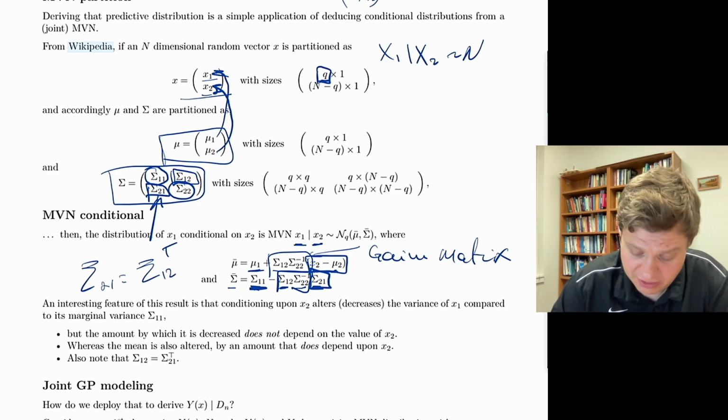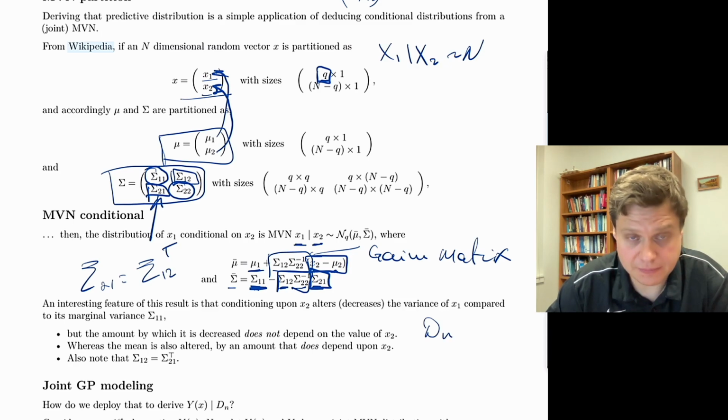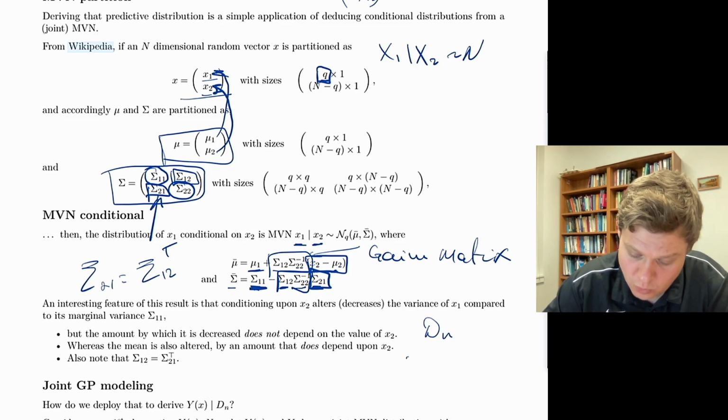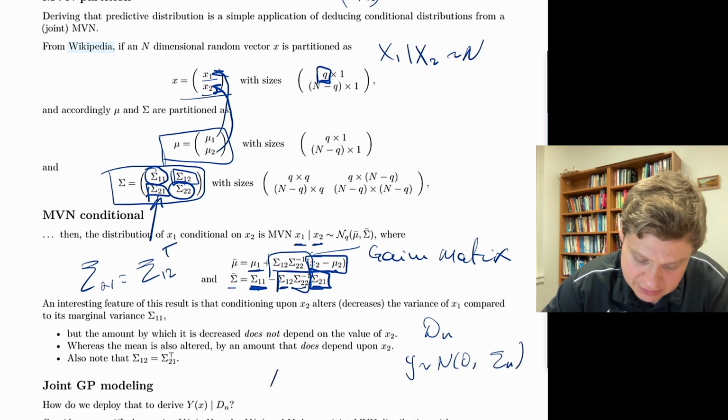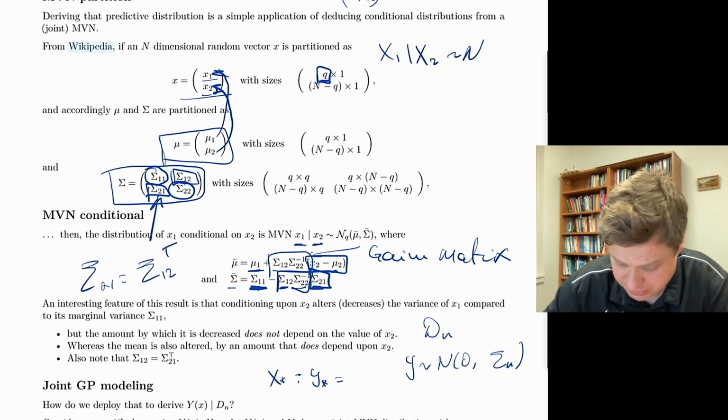And as you could have guessed, if we have observations, our data set Dn, and we know that y follows a normal distribution centered at 0 and given by covariance matrix Sigma n, and then I give you a new value x star, and I want to calculate y star, which is just my prediction